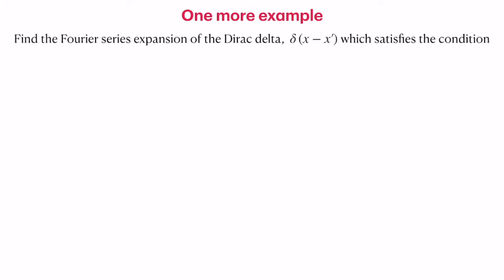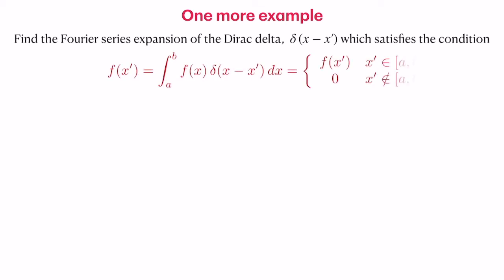Let us go ahead and look at one more example. The lecture seems to be full of examples. Now we have seen that the only important condition for a Fourier transform is an L2 function. Let us look at the Dirac delta function, which is an L2 function. However, it takes some crazy value. Here the delta function is given as delta of x minus x prime, that is, the argument is x prime. So it has an unknown value at x prime, but otherwise it is 0 when x is not equal to x prime. So it naturally satisfies the L2 condition.